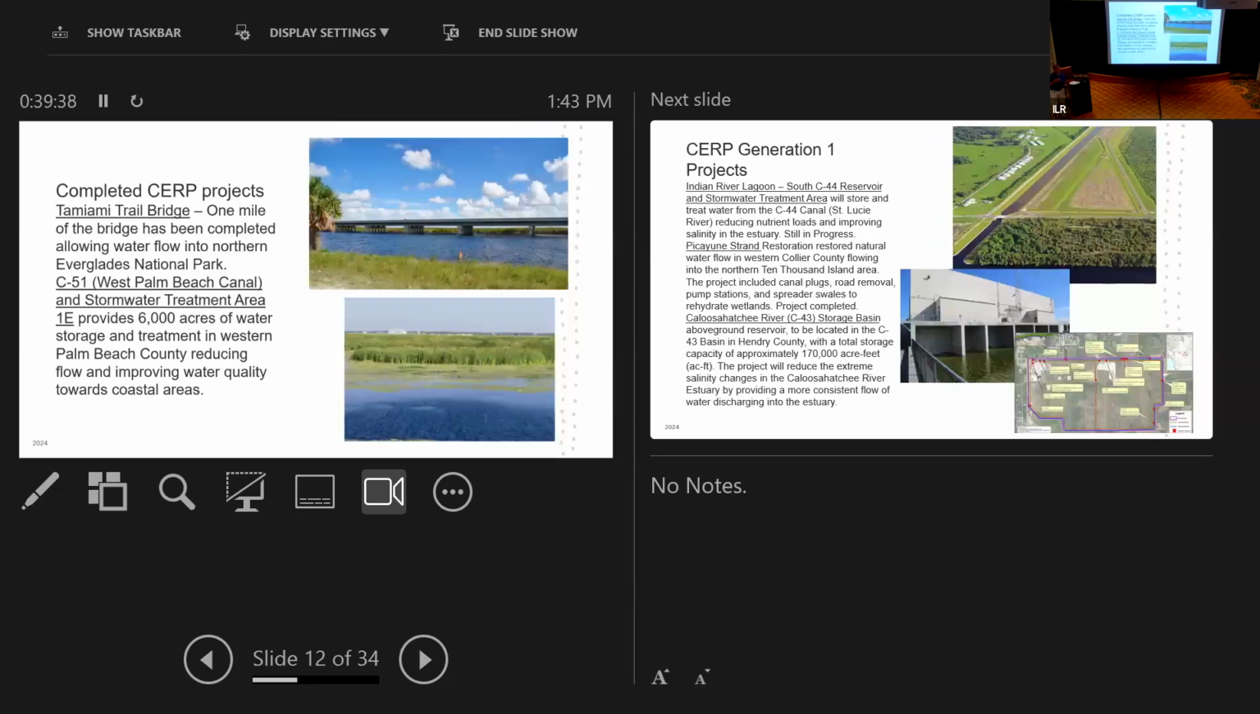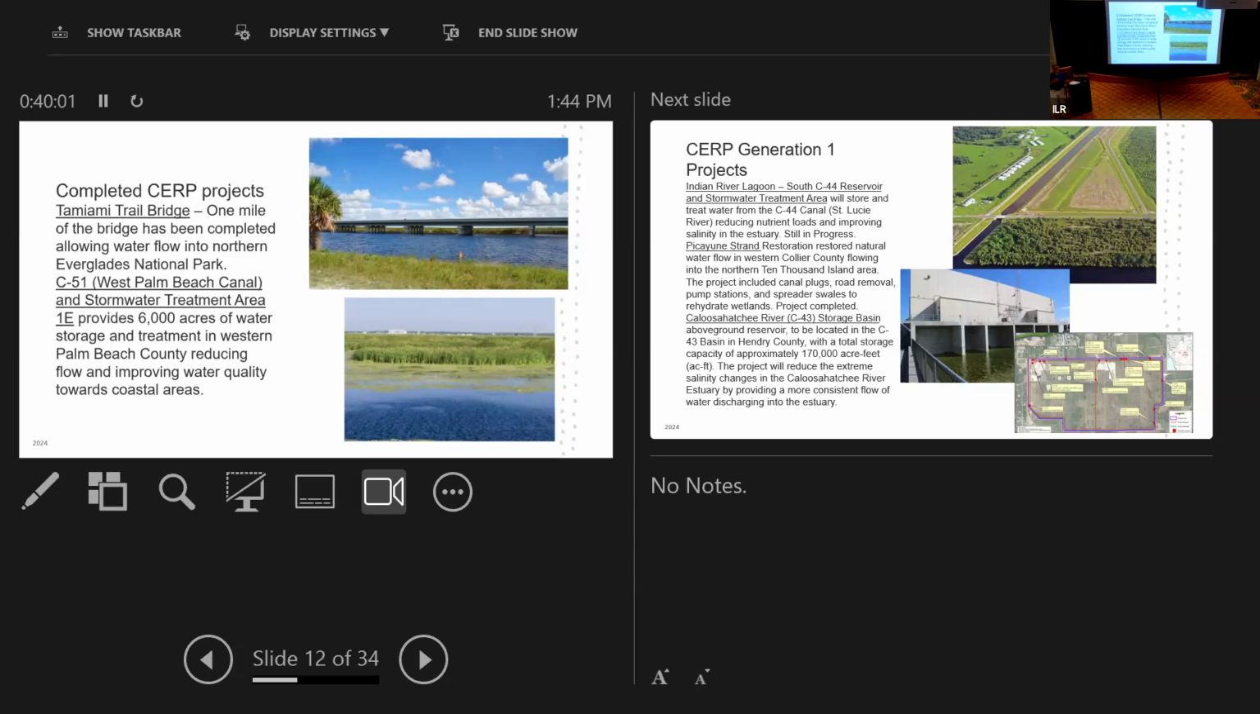And then we're starting to move into SERP projects. One of the major ones was the bridging of Tamiami Trail. Tamiami Trail was a causeway with a few openings that led into Everglades National Park. So they bridged a portion of it so that they'd have flow into northern Everglades National Park, a free flow